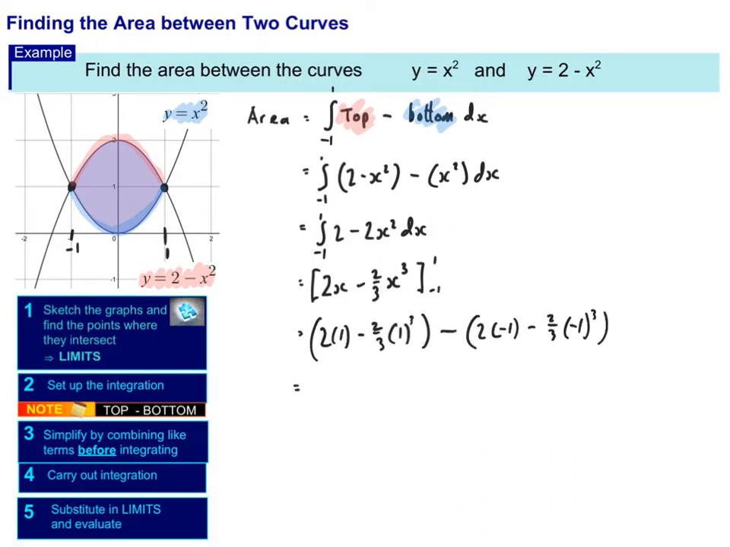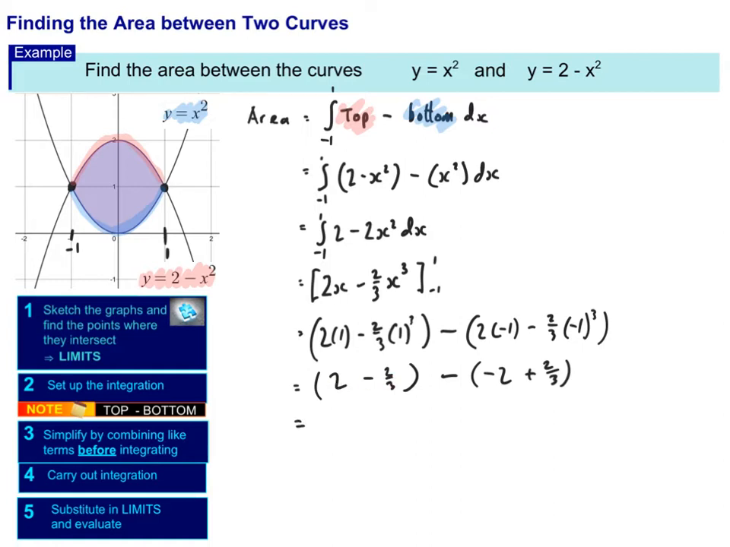This is the sort of thing we need to be able to do without a calculator. I'm going to end up with 2 minus 2/3, because the 1 cubed, well, that's just going to be 1, minus -2. Now, -1 to the power of 3, -1 cubed will be -1. -1 times -2/3 will give me plus 2/3